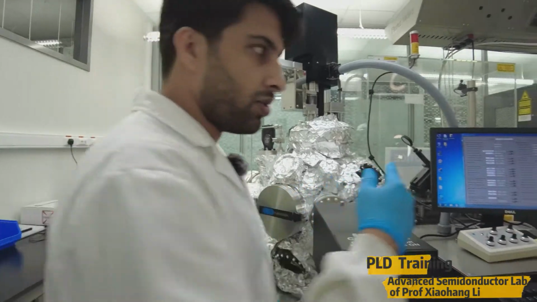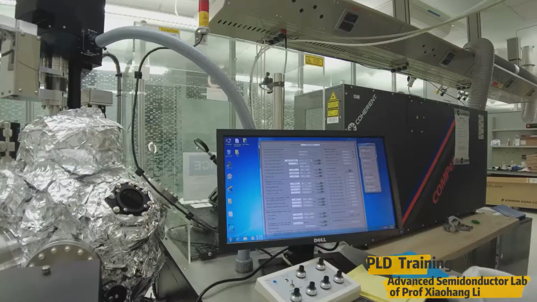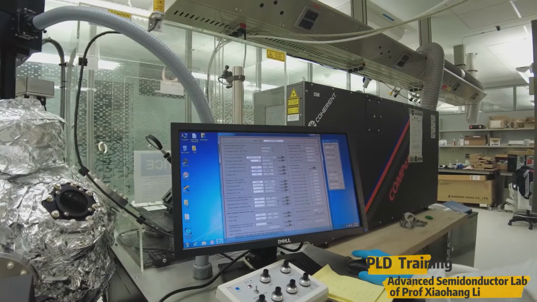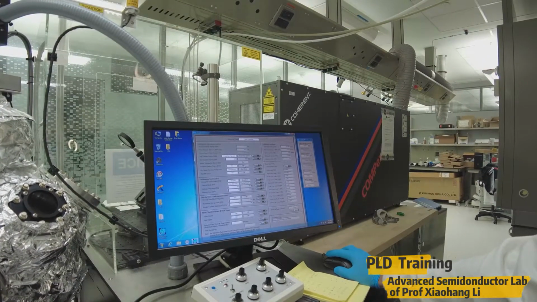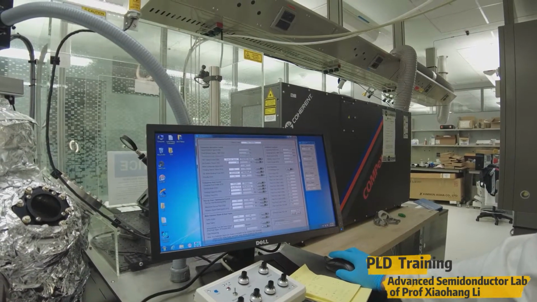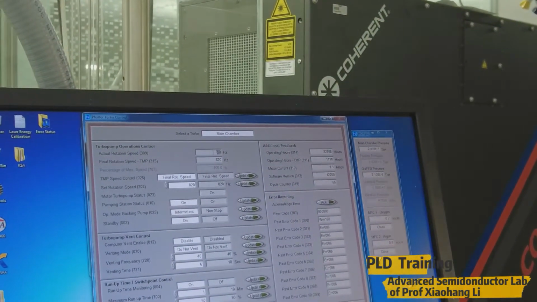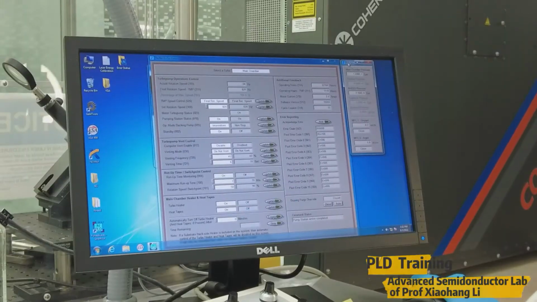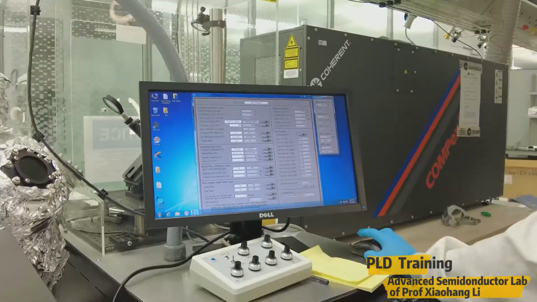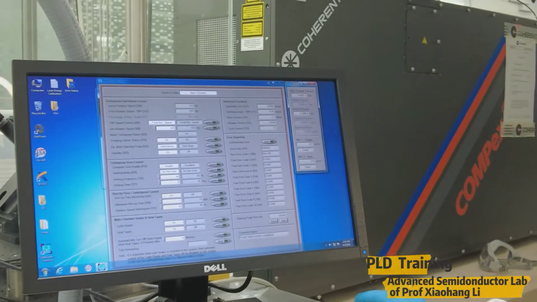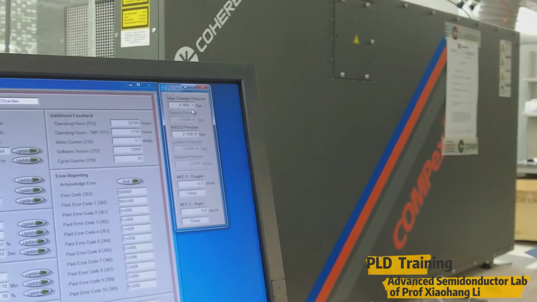Okay, now I am going to start the turbo. This is the window for the turbo controller. We just have to click on and update. Then it will turn on. Once the turbo is on, it starts pumping, and you can also see the frequency of the turbo increasing. Once the turbo starts working, that also reflects in the pressure here. It quickly comes to a better vacuum.